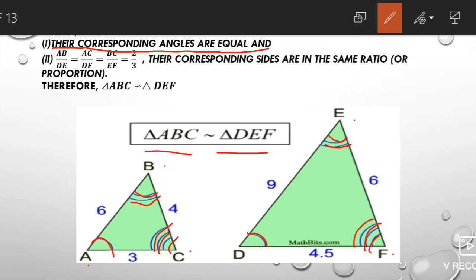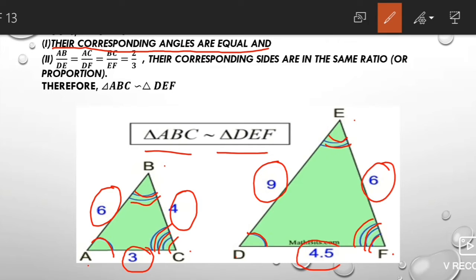Now I will check the ratio of corresponding sides. Now the measurements of the sides are given. The measurement of AB is 6 units, BC is 4 units, and AC is 3 units. Similarly, the measurement of DE is 9 units, EF is 6 units, and DF is 4.5 units. Now if you find the ratio of the corresponding sides, what are the corresponding sides? AB and DE are the corresponding sides, and the ratio of their sides is